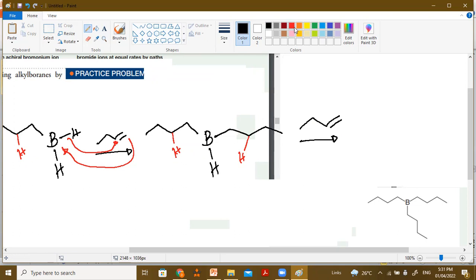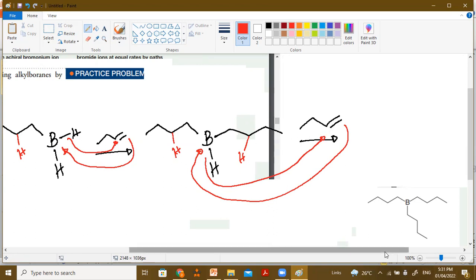So put an arrow again. This one will be added to boron, and the other one we add here. We use the electrons from the boron-hydrogen bond to add here, and your product